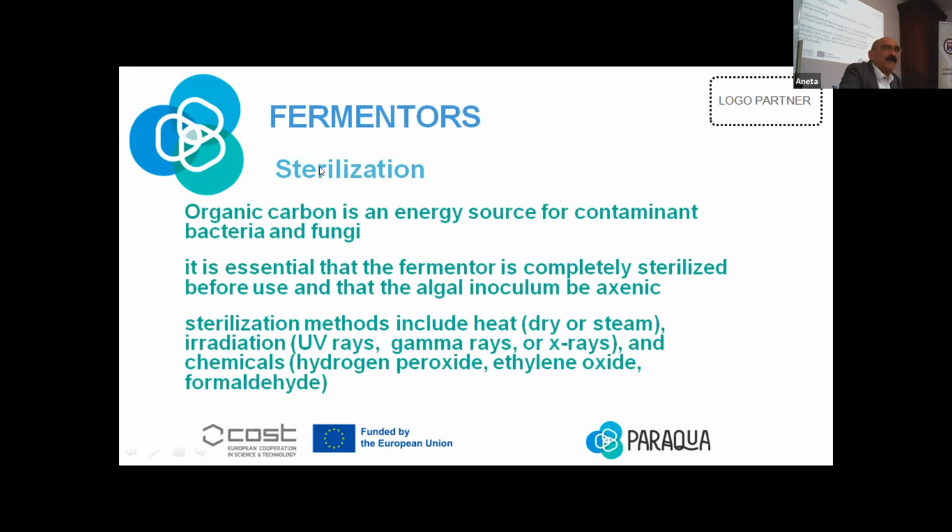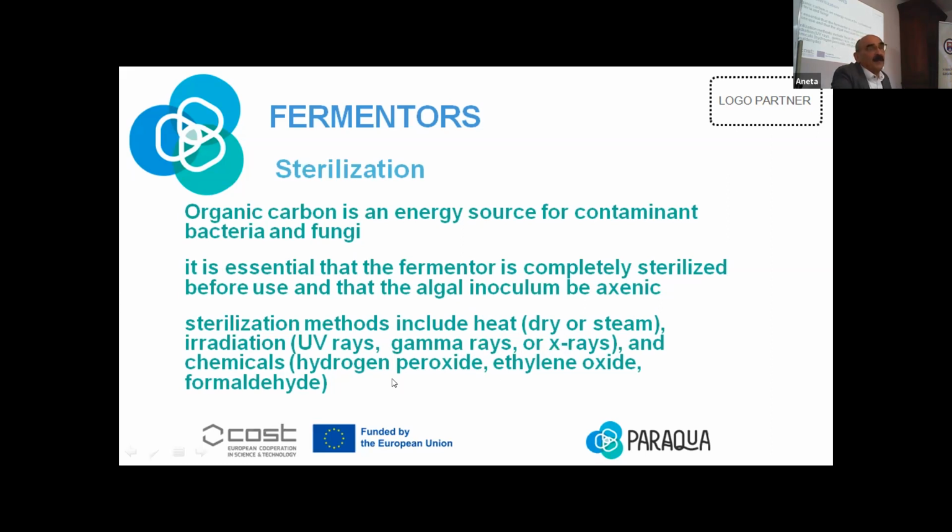Why did we say that we have to sterilize fermenters? Very good, because we provide fermenters with organic carbon and a nice temperature for bacterial and fungal growth. So it really has to be sterilized, and the inoculum has to be really clean when you start to produce algae in fermenters. You can use steam, you can use UV, you can even use gamma rays or